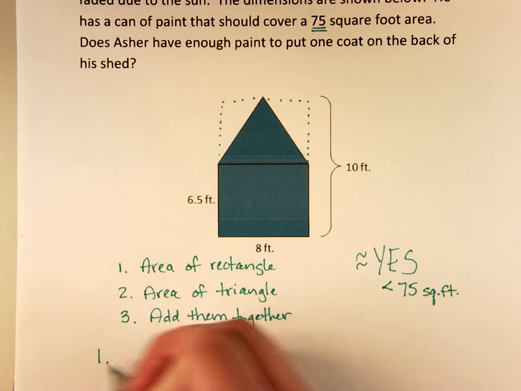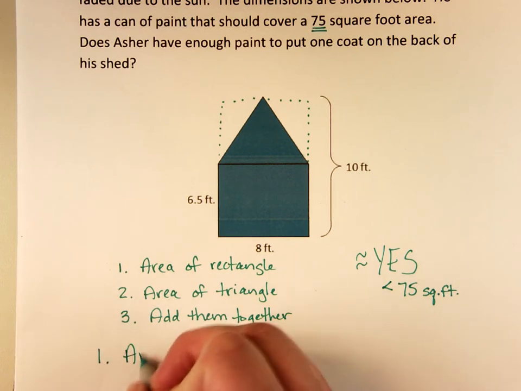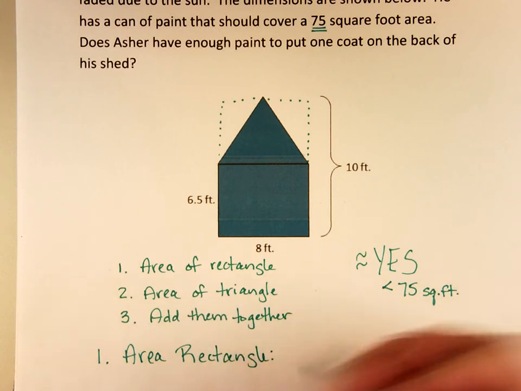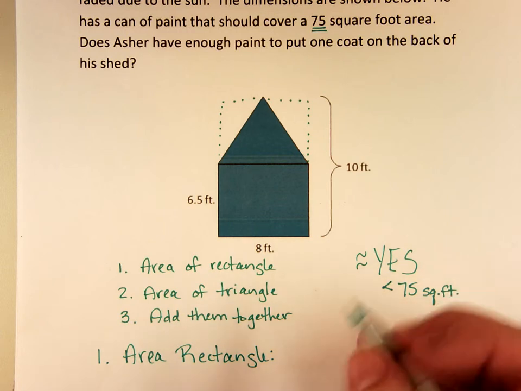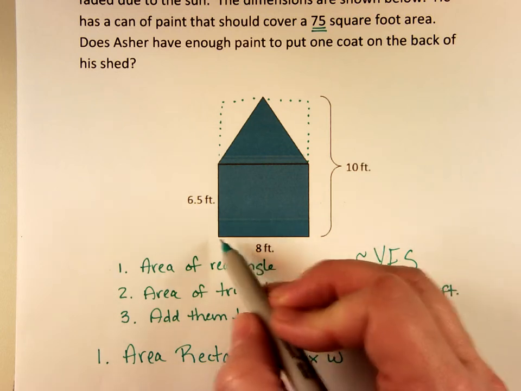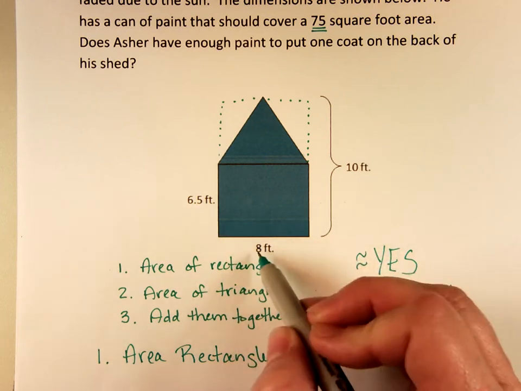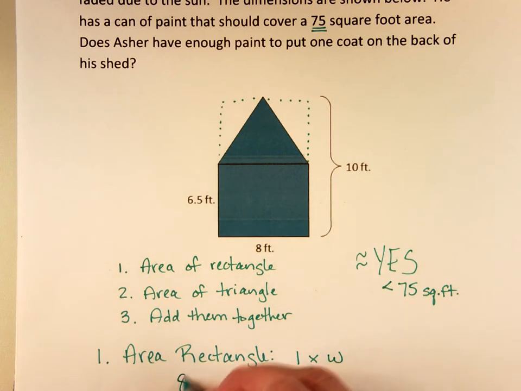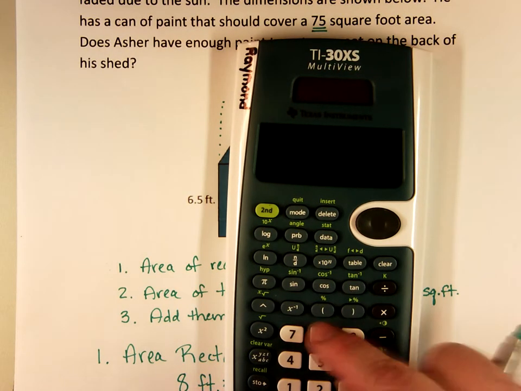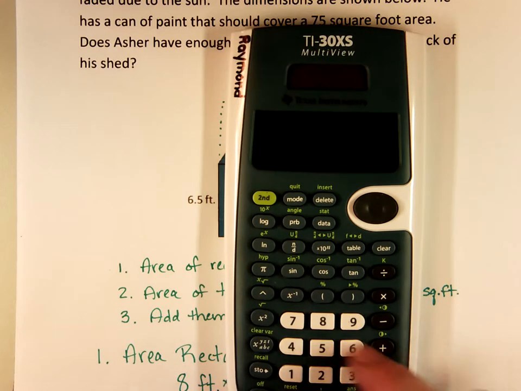Number 1, the area of the rectangle. Area of the rectangle equals length times width, or you could say base times the height, but it's basically two adjacent sides times each other. 8 times 6.5. 8 feet times 6.5 feet equals, let's use our calculator, 8 times 6.5,